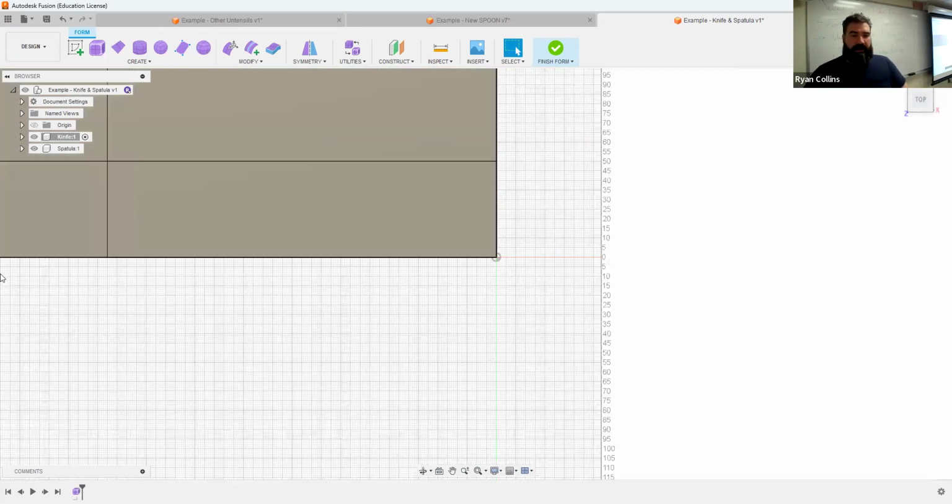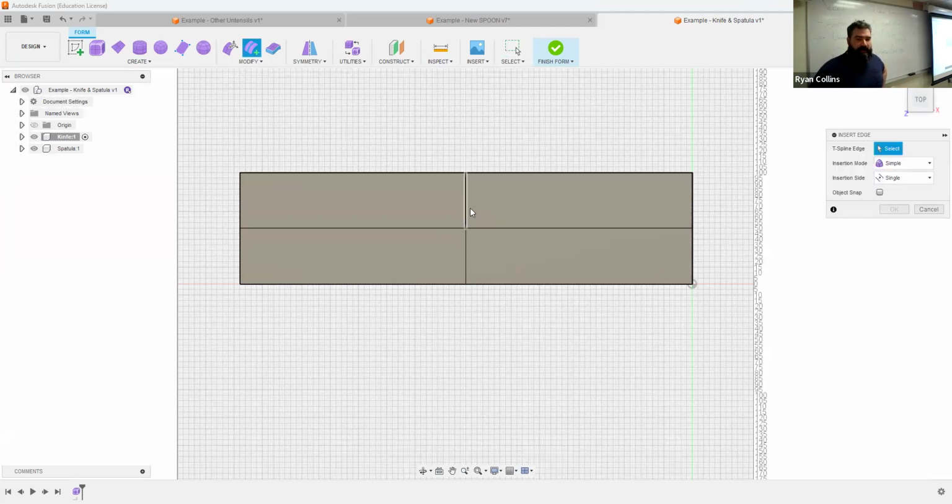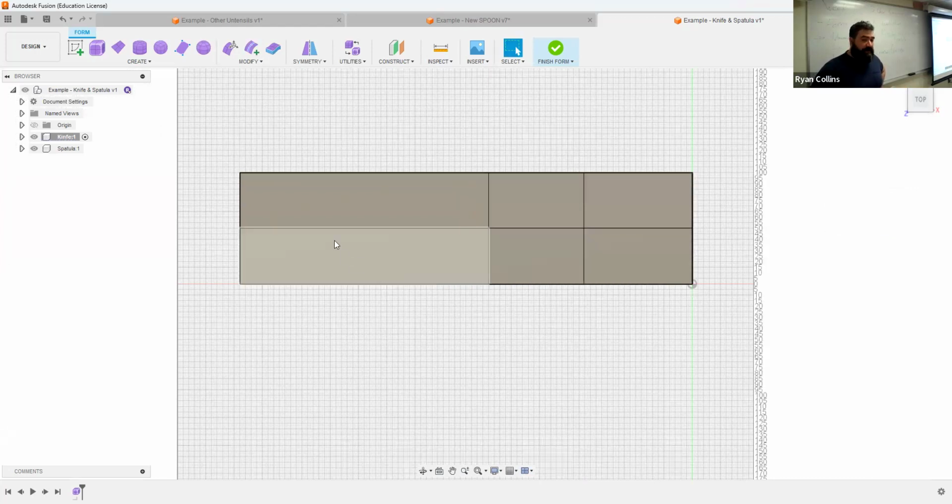400 by 100. Bam. Now I hit enter before I could add any additional faces here. If you needed to, you could come in with this tool right here, insert edge, and I can either click one or double click and it picks both of those, and you can see this green line appears. This actually creates more edges, so I can do it asymmetrically. So if I wanted to keep this shape